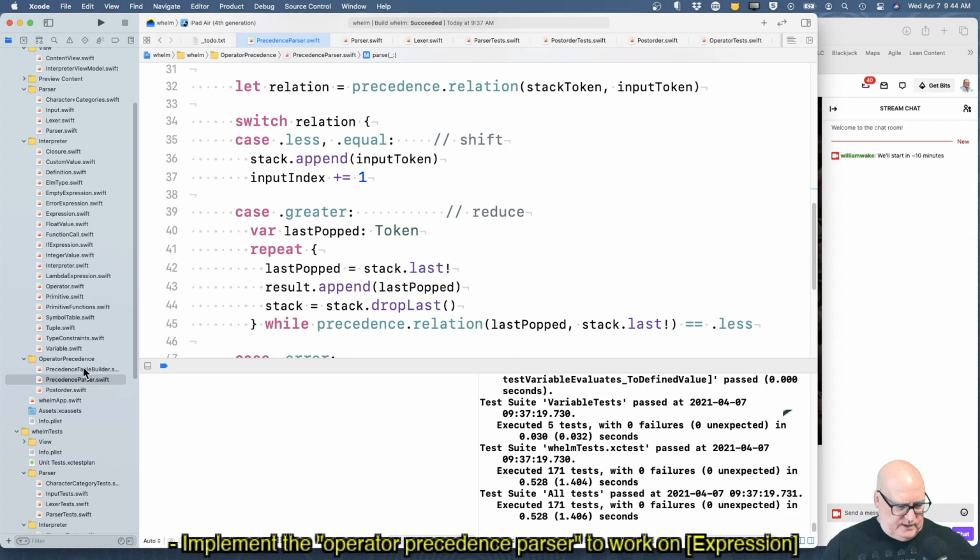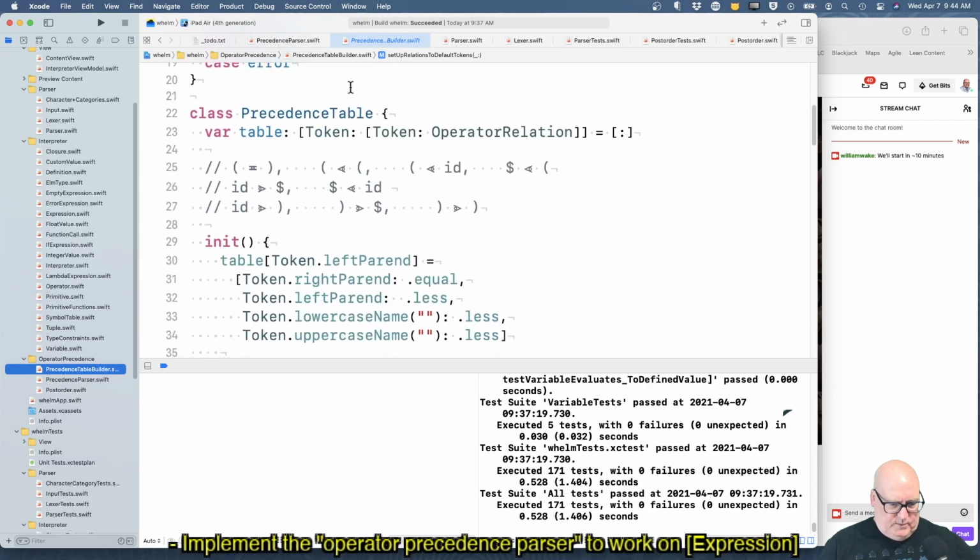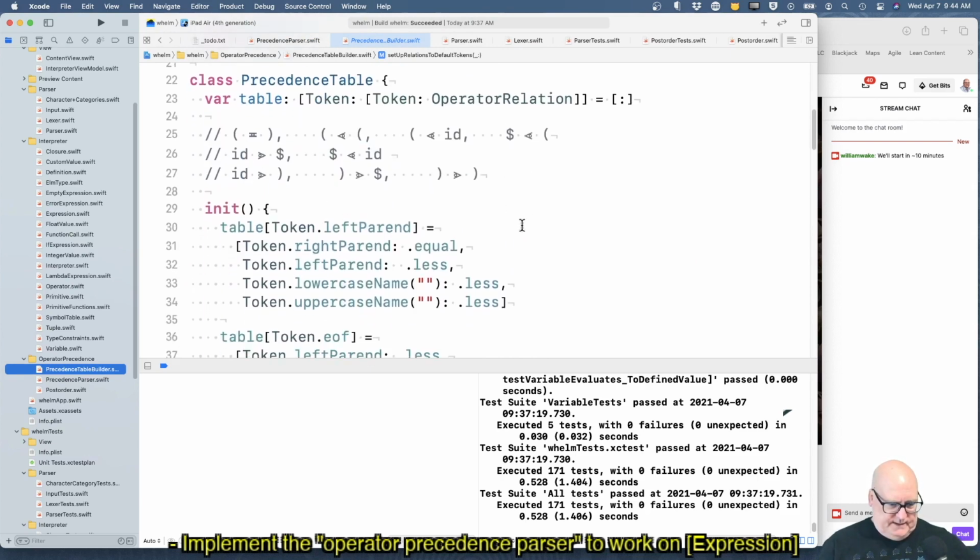So right now we have this precedence table builder, and we had all these rules. This one, identifier greater than dollar, means if you compare an identifier to the end of the stream, you say the relationship is greater.